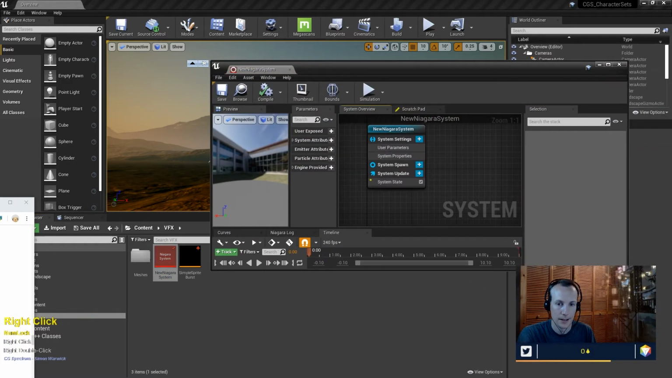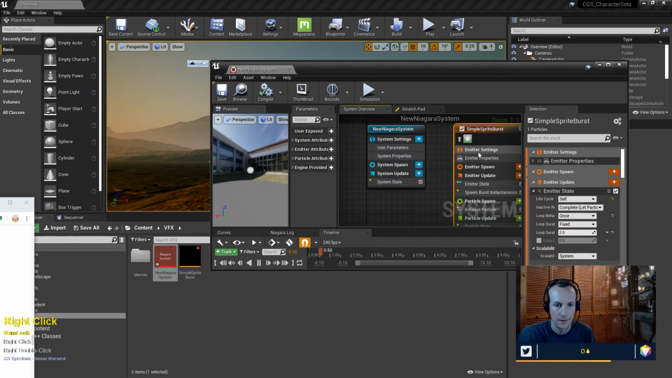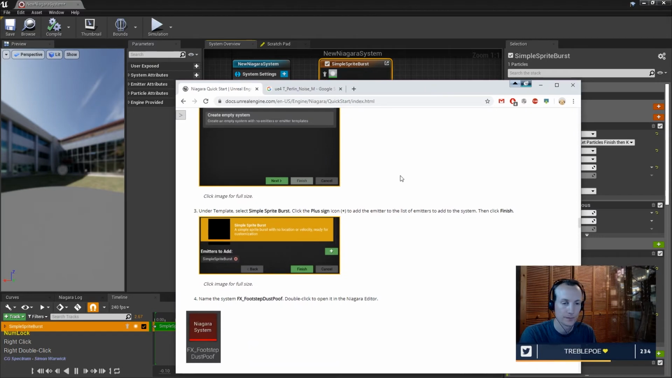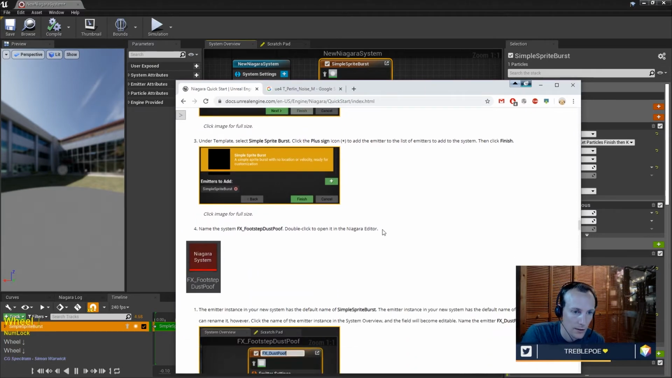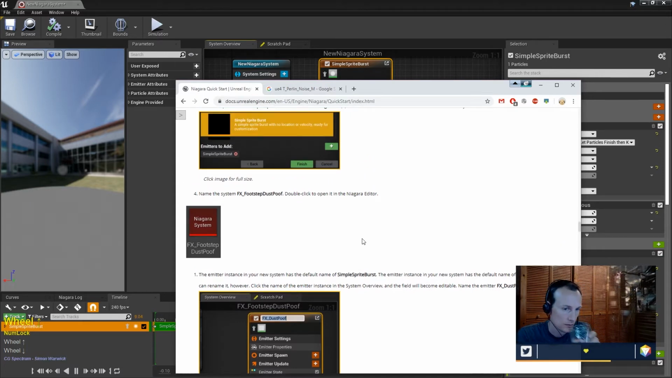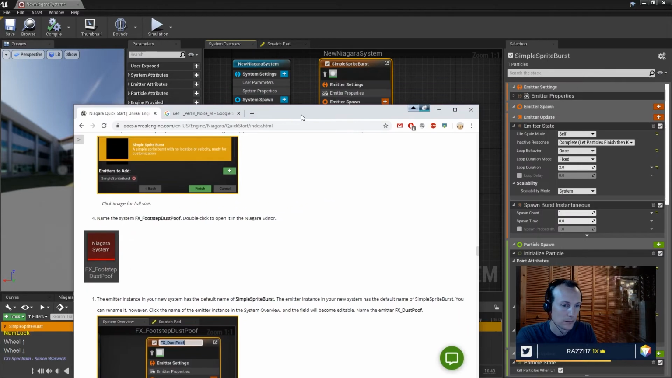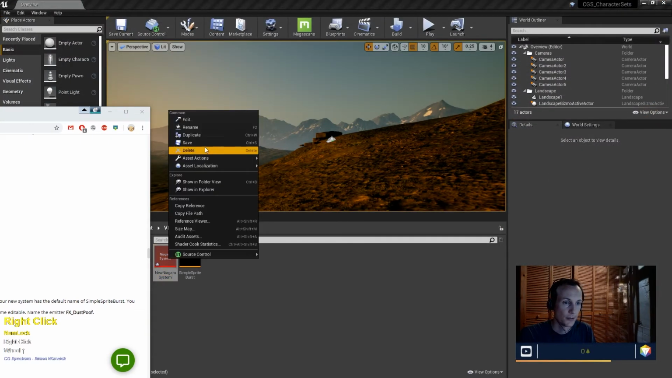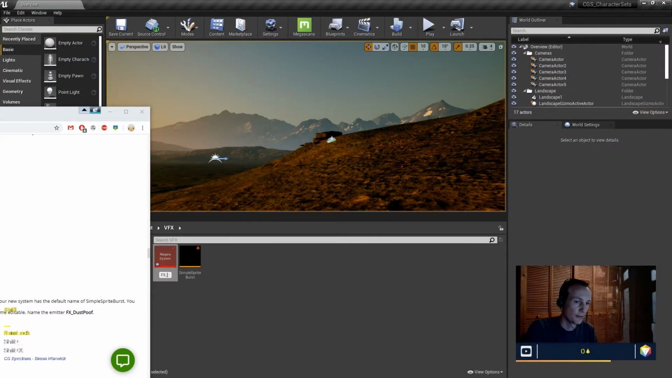All right, let's add the simple sprite burst to our Niagara system. Oh, I'm supposed to call it something else. Oh no, the system. Okay, good. Sounds good. Let's do that. Rename this to FX is the new name. Footstep. Oh, maybe this isn't going to be footstep. It's going to be